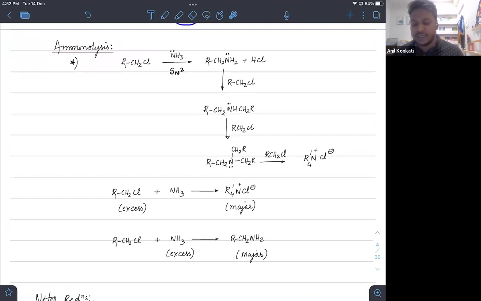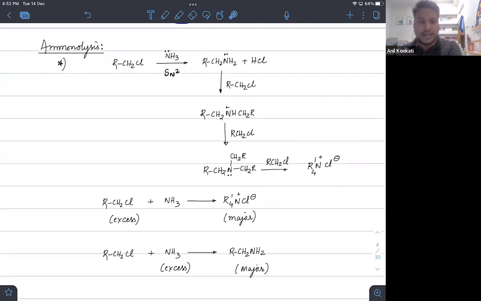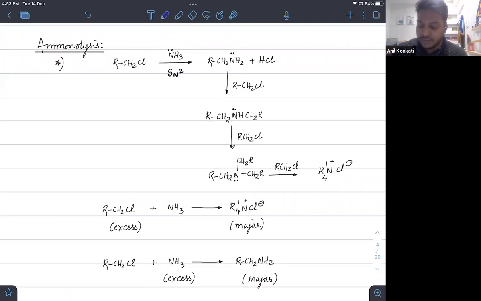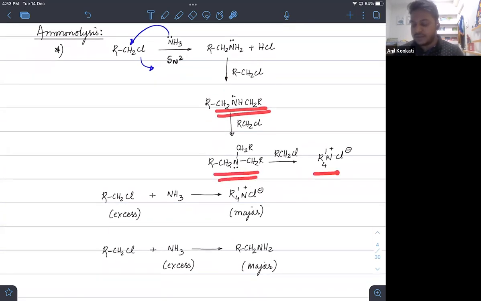Ammonolysis is one of the typical reactions. We have seen it earlier in alkyl halides also, where we take an alkyl halide and keep reacting with ammonia as per the requirement of the type of amines. Ammonia is a strong nucleophile, so it will attack and release chlorine simultaneously through an SN2 mechanism. We'll get primary amines. And if you keep on doing that, it would create secondary amines also, tertiary amines also, and finally it can go up to quaternary amines also.